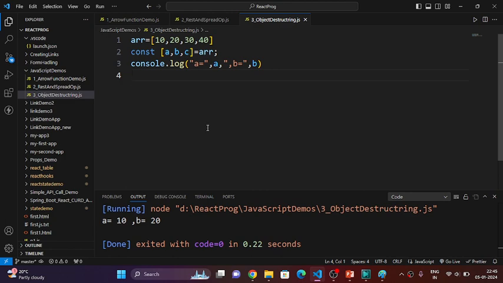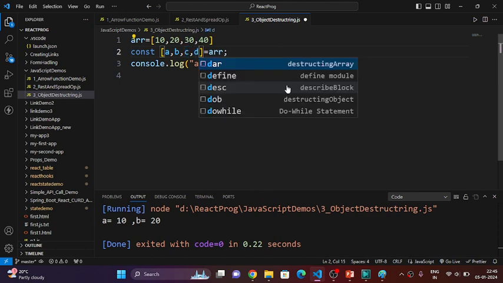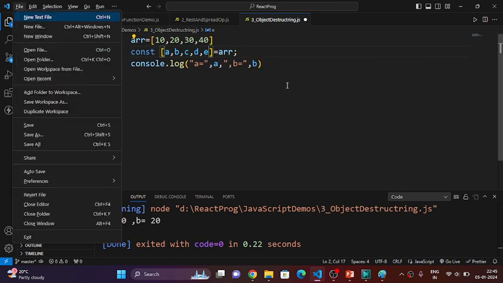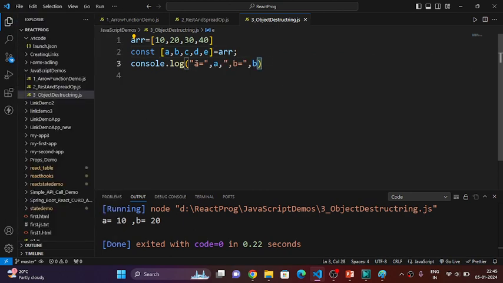Suppose there are multiple elements, and I have only created three variables. The other elements will not be extracted. And suppose I have created five variables, but five values are not there in the array. There will not be any error, but when I try to print the value of E,